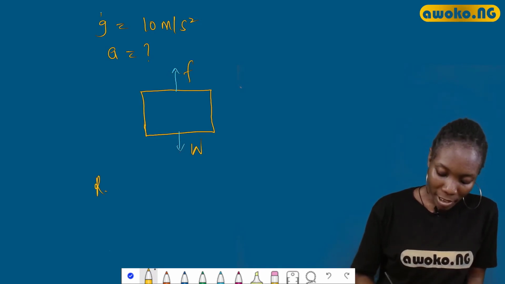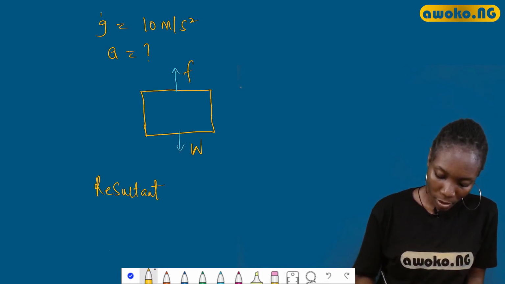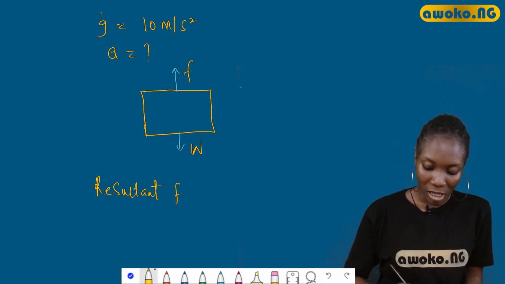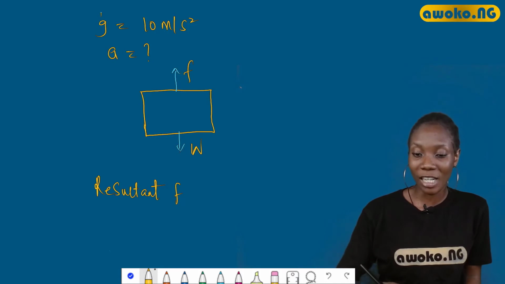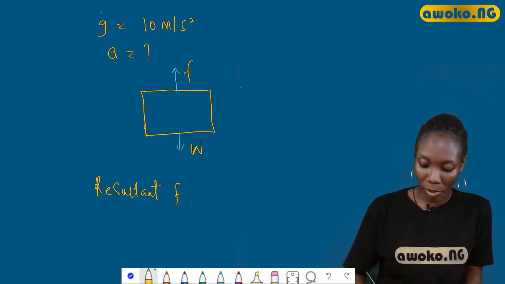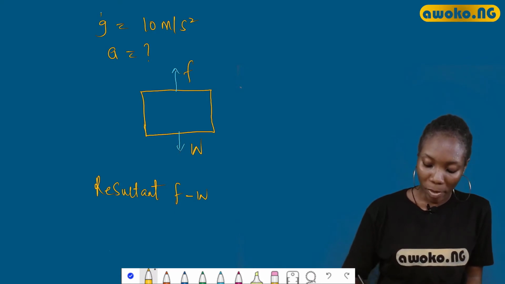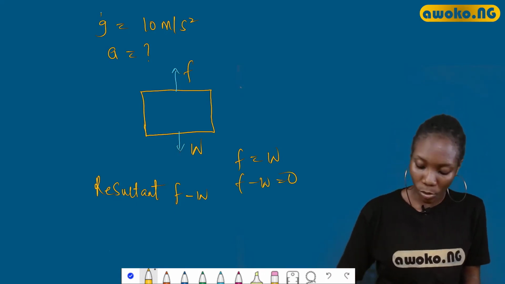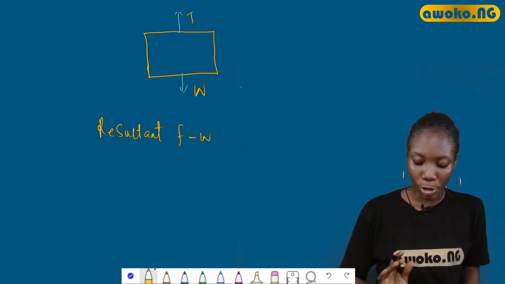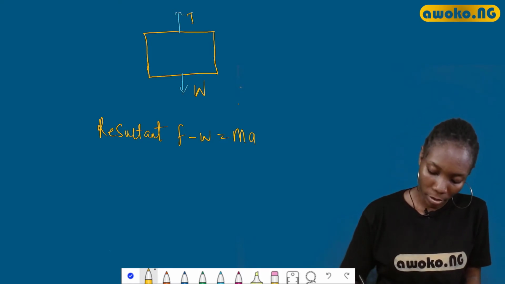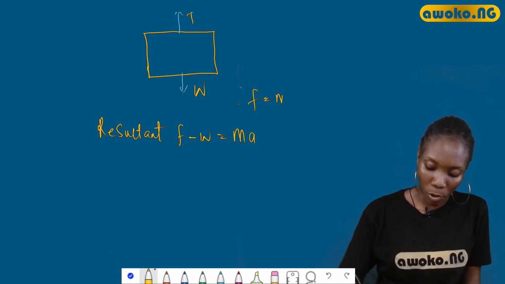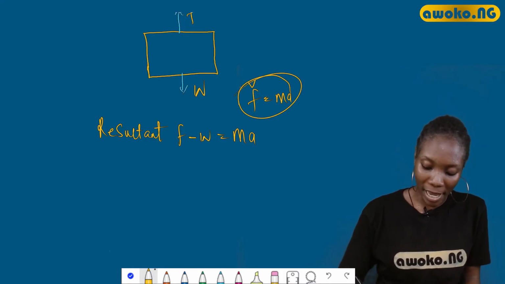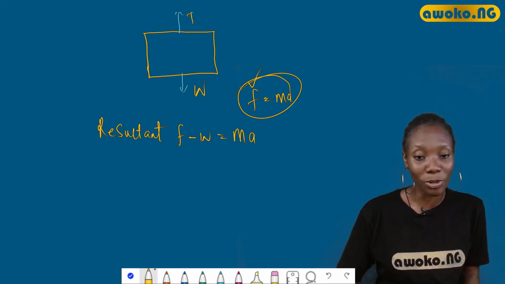All right. Now, since we've done this, we need to get the total force that is acting on the object. So we say our resultant force becomes F. Since W, which is the weight, is acting in the opposite direction, it is definitely going to be minus W, okay? Remember I said the forces are equal and opposite. So if you take W to this other side, F minus W, you have this equal 0. And so this is the resultant force for this question. Resultant force F minus W equals our formula ma. Remember this, guys, F equals ma. Don't get lost though. This F here now, in this case, is representing the resultant force.